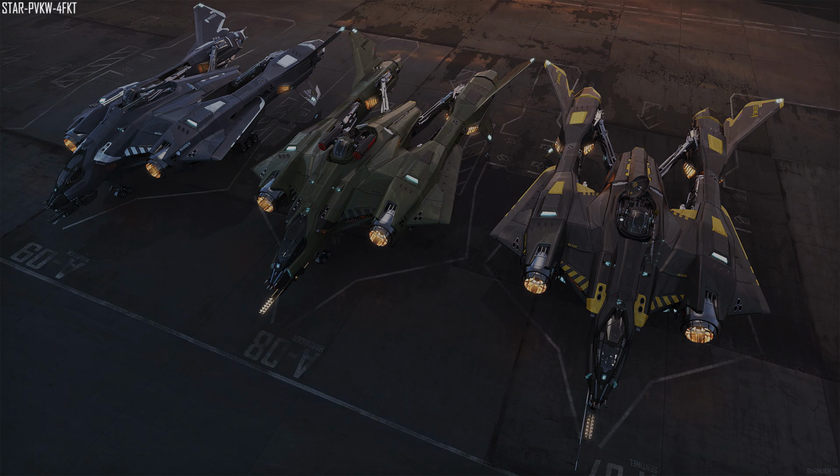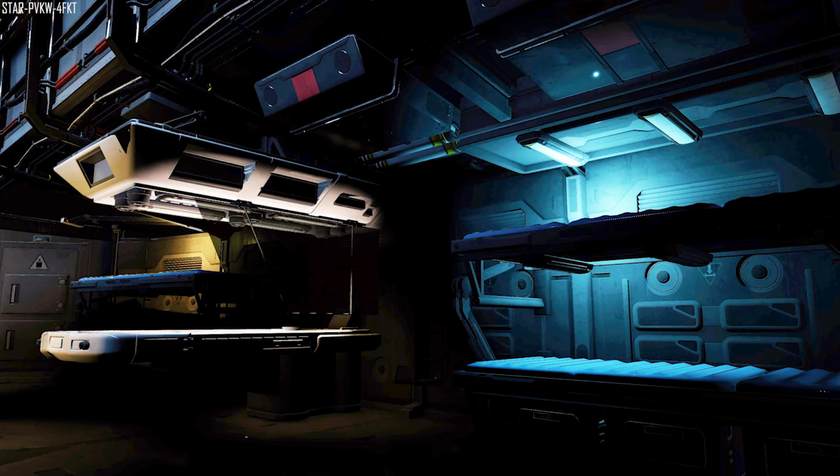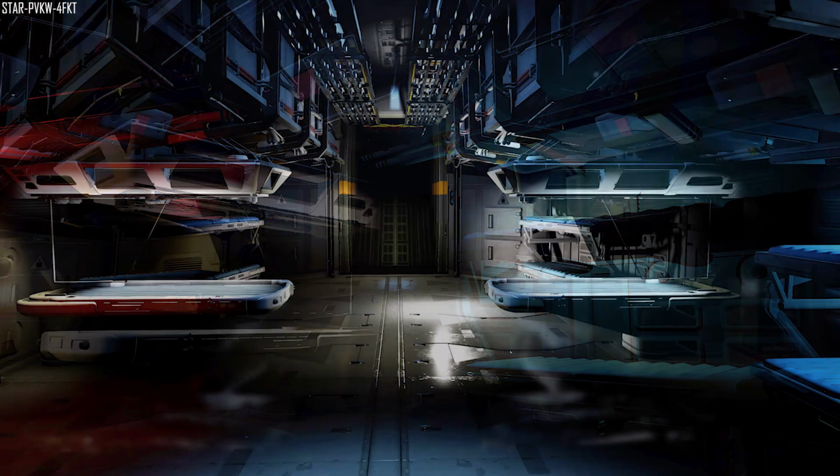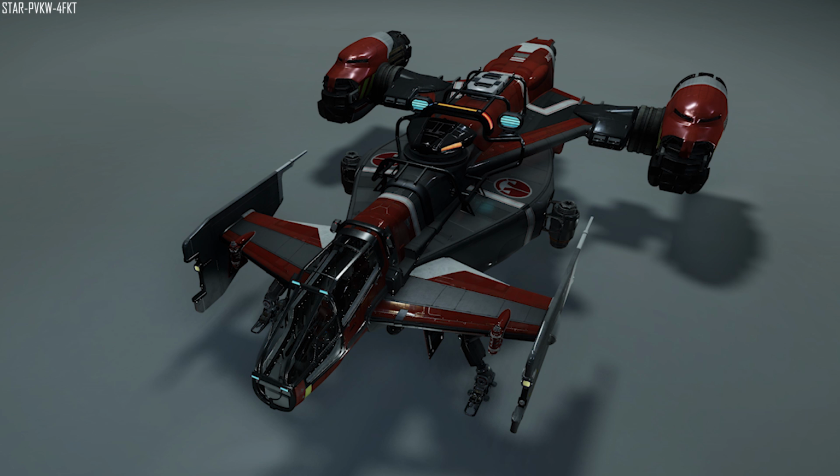This one I'm pretty excited for. It has been in the works almost from the very beginning. The Red is an ambulance variant, pretty much the introduction into the medical gameplay, which is designed to pick up and attend to injured players. Inside is either a single bed, not likely a tier 1 bed, but more along the lines of a tier 2 to tier 3, which means it won't be able to be a mobile spawn point,